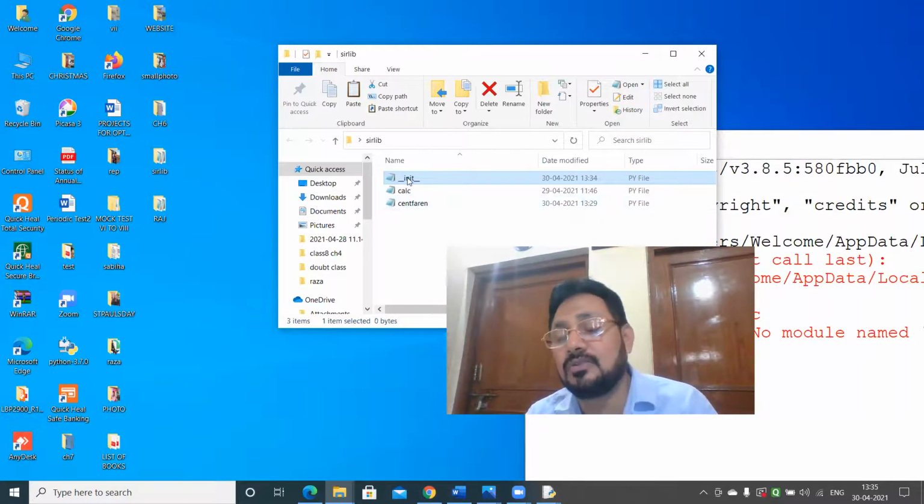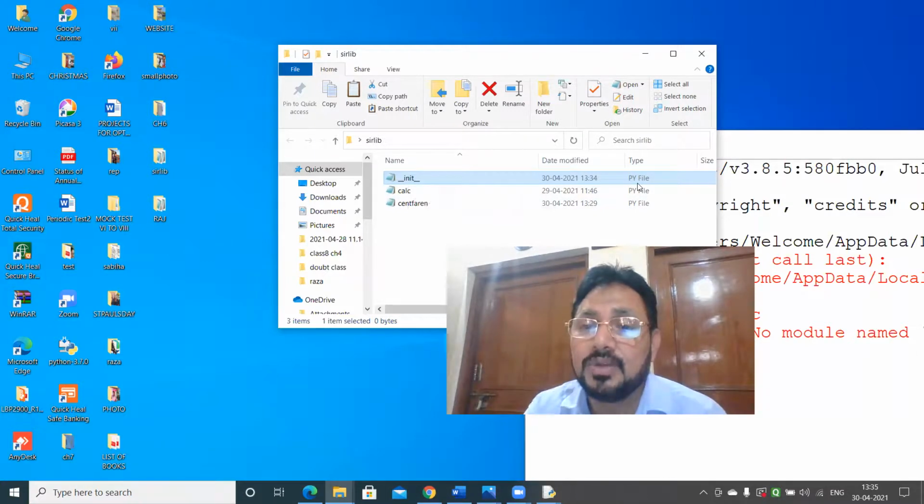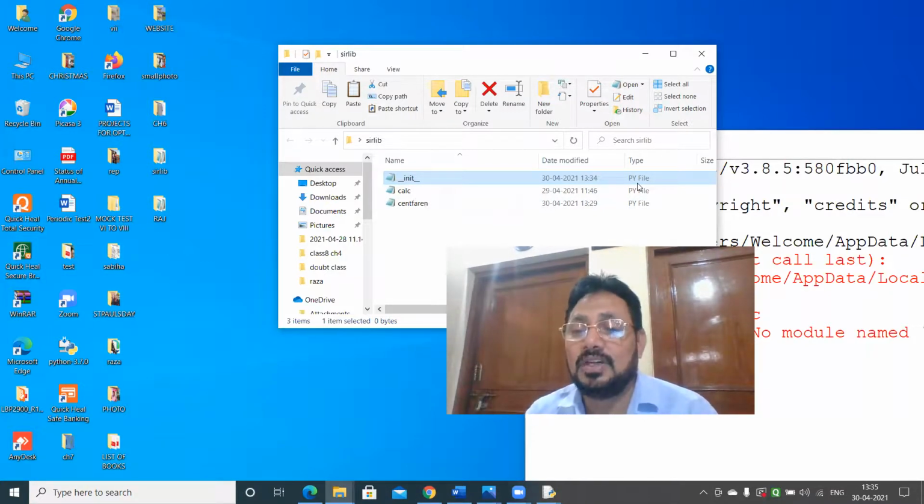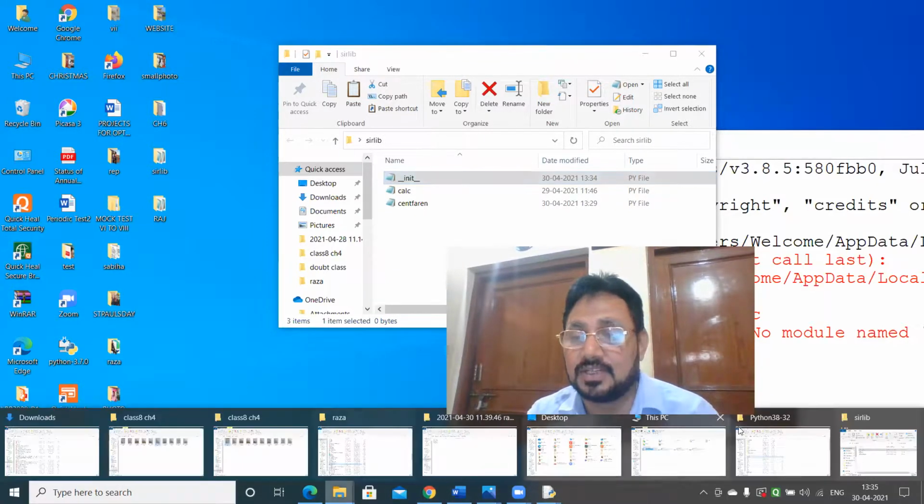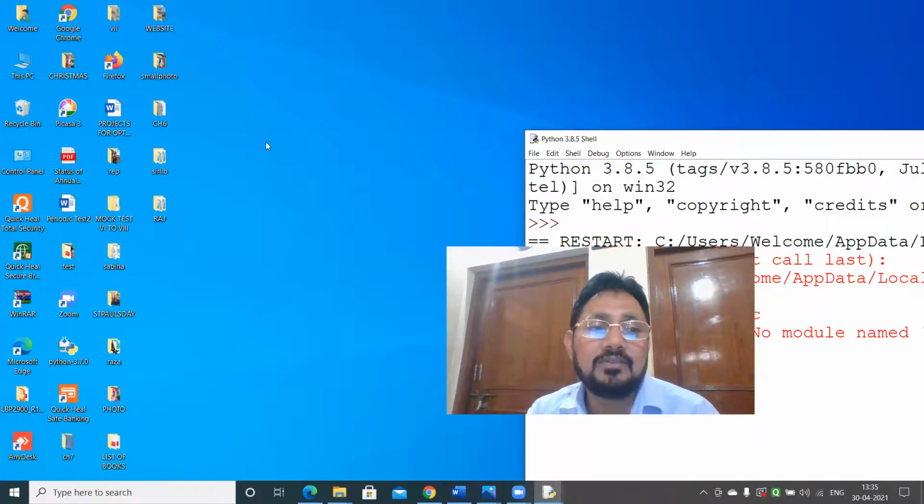And Control V, I pasted it here. See, I have got one more init py. Py extension, just remember, it should have the py extension. Okay, so the file is saved now. Done. Now I'll go to the next point. Again, I will go to that folder which I have created. Now, the last step: I will copy this complete folder.